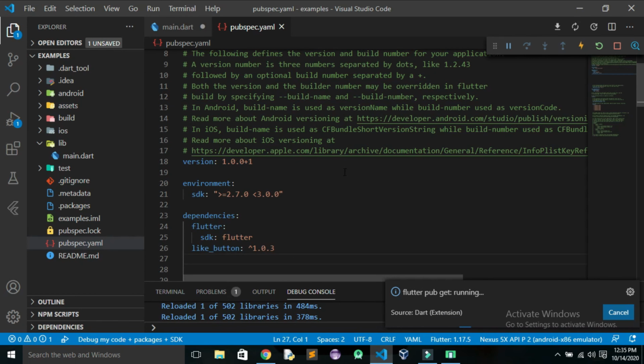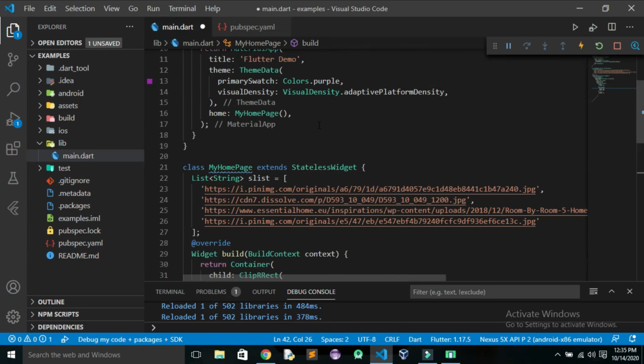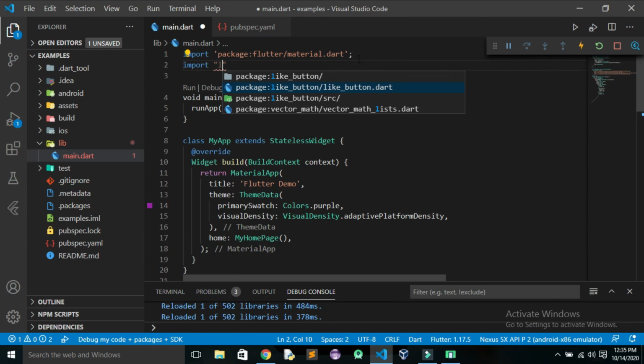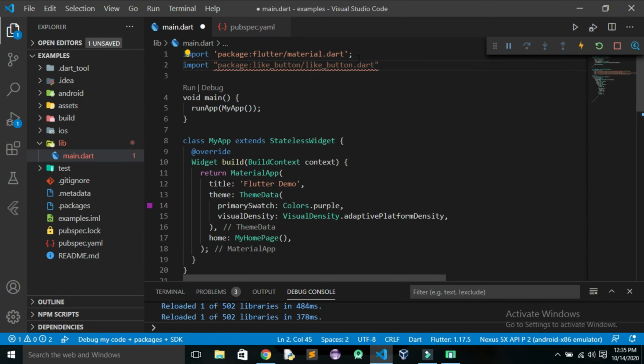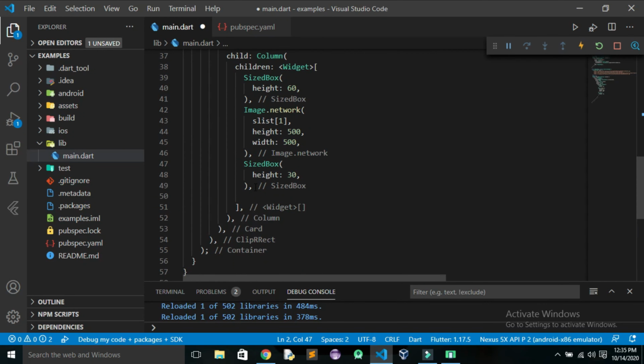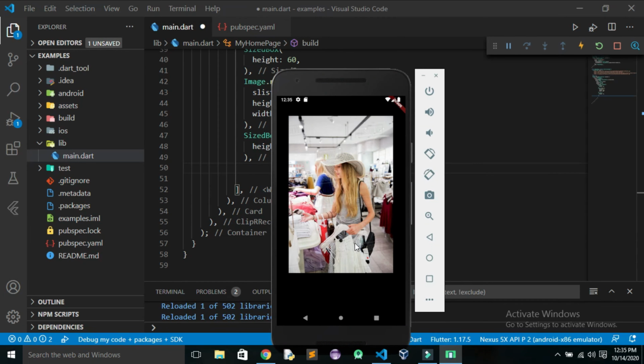It will take a few seconds for installing, and once it is done you can use it in your main.dart file. For that we need to import the package like button, and now we are ready to use it. Since we have to display the like button below the image, we have to keep the image and like button in a column.